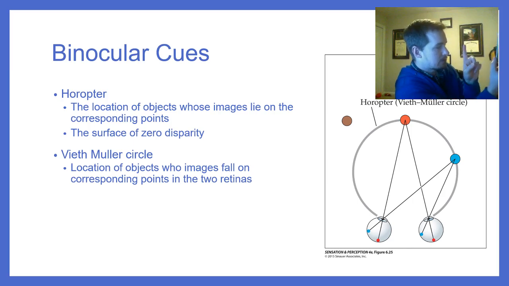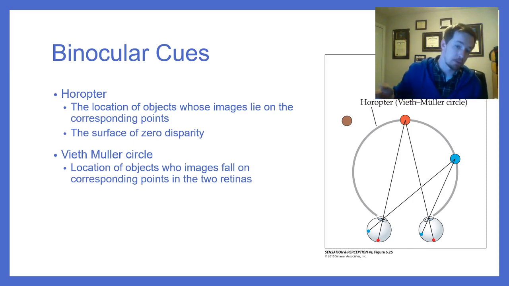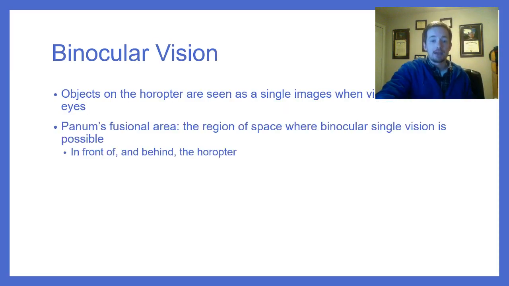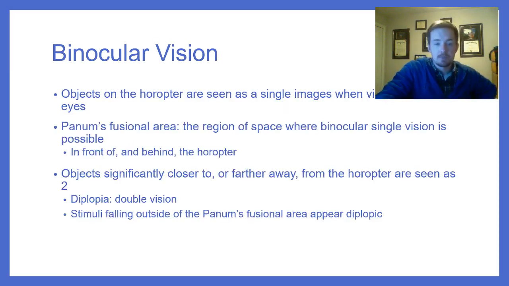But if you get a little bit in front of the Vieth-Muller circle or a little bit behind the Vieth-Muller circle, then things become double vision again. Alright, so those are some definitions. Diplopia is whenever you have double vision, basically meaning that things are closer or farther away from where our horopter is. Okay, if you cross your eyes, everything looks diplopic because your horopter is going to be right here in